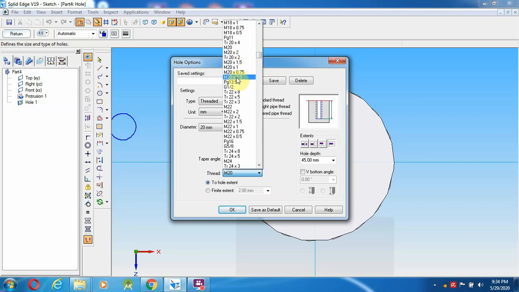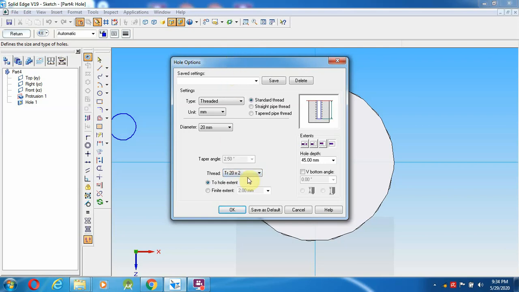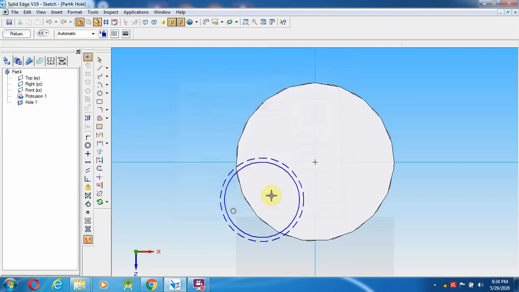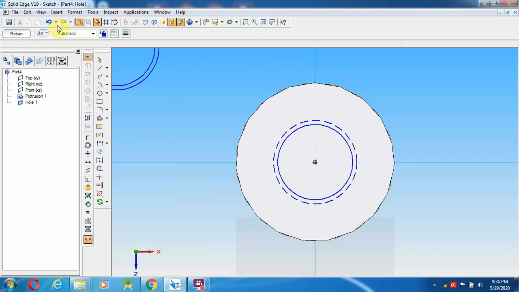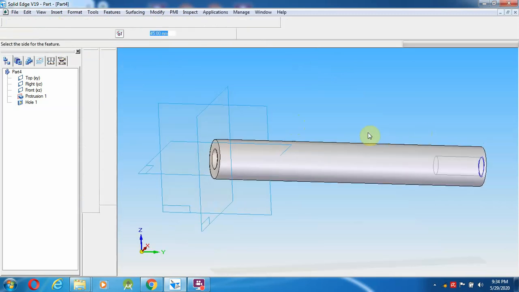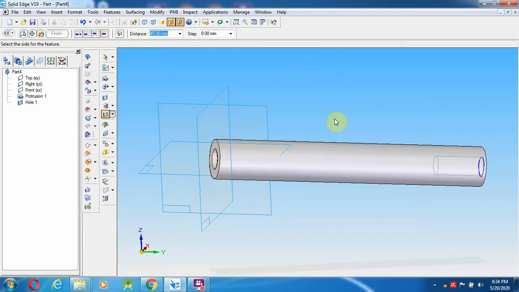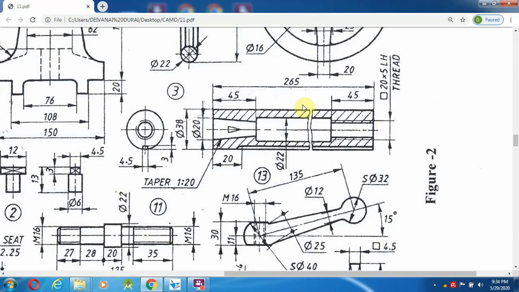TR 20 into 5 is not given, so you can select TR 20 into 2, then give what I am going to keep over here, then give return, left and right click. So these things have got to be over.